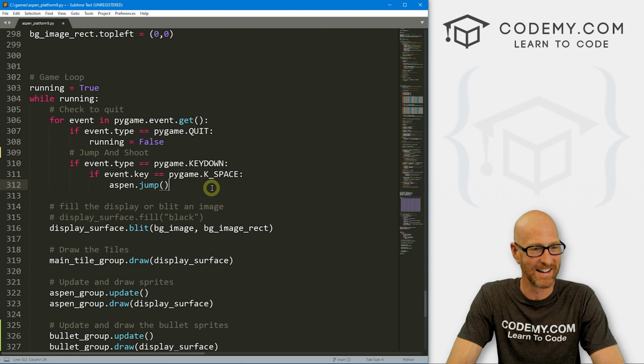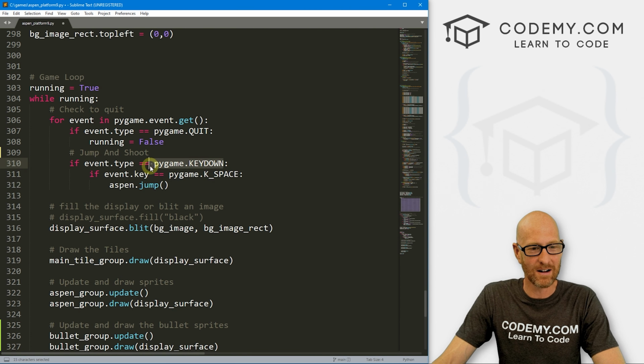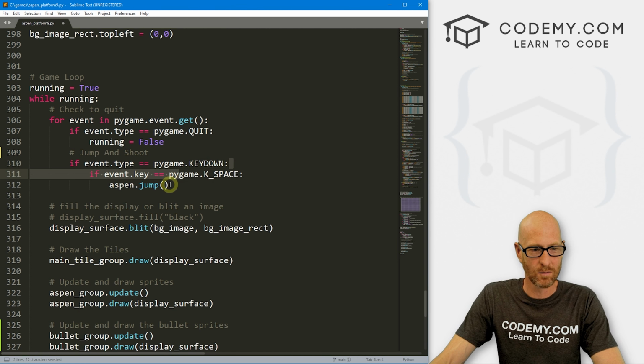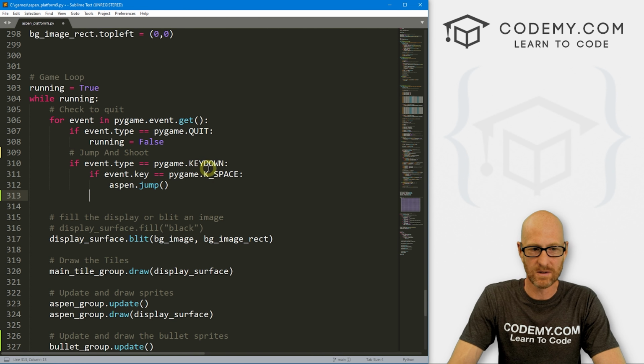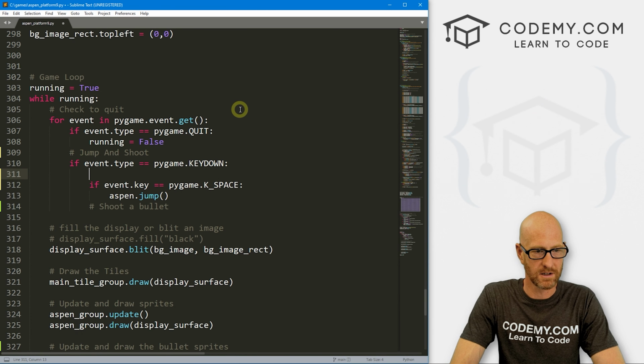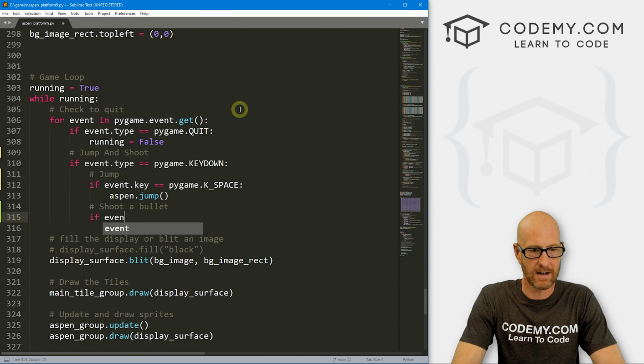It's not, it's Thursday. Okay, so here is our key down thing. If we're pressing a key down, if we hit the space, we're jumping. Let's also now shoot a bullet. And here, let's just comment jump so it's not as confusing. So let's go if event.key equals